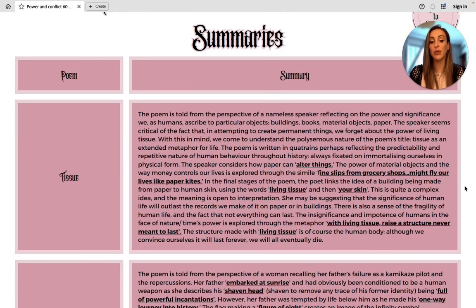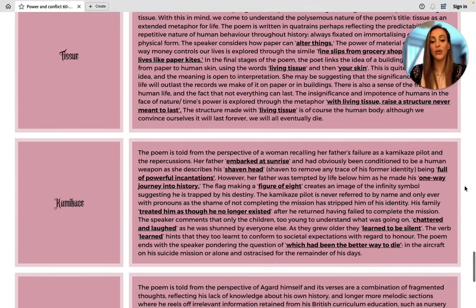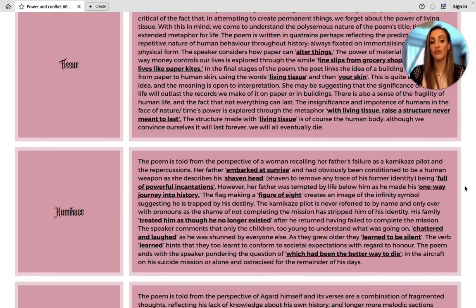The structure made with living tissue is, of course, the human body. Although we convince ourselves it will last forever, we will all eventually die. Kamikaze. The poem is told from the perspective of a woman recalling her father's failure as a kamikaze pilot and